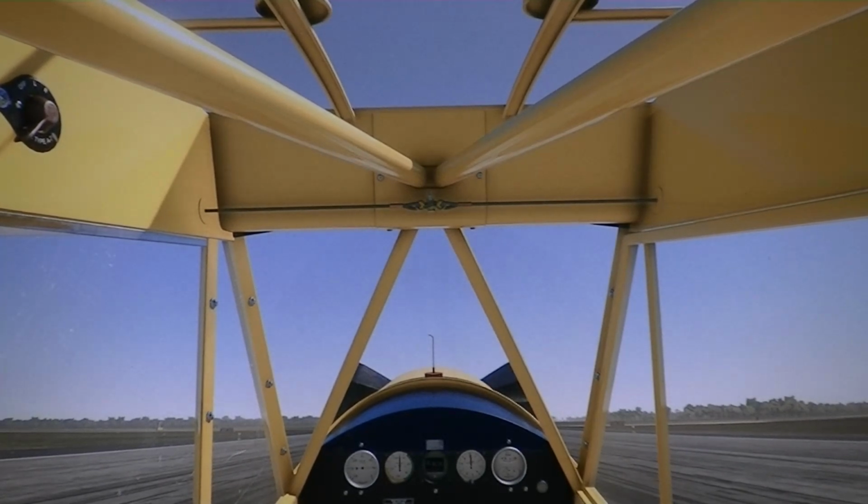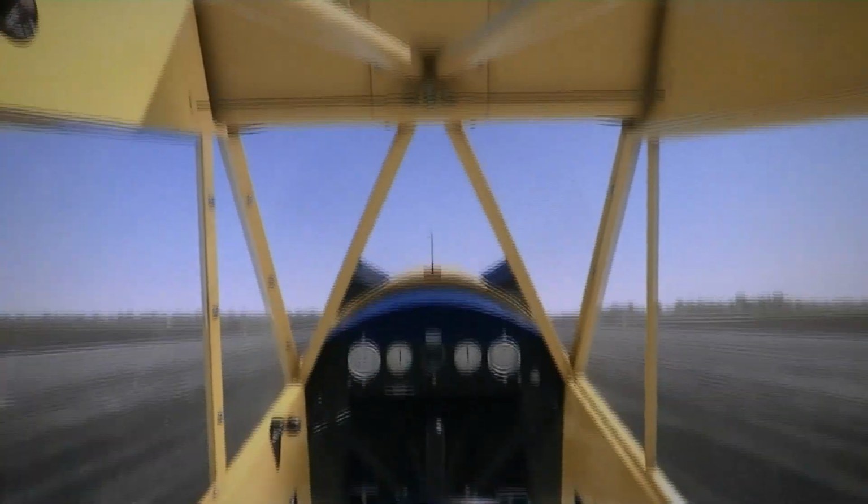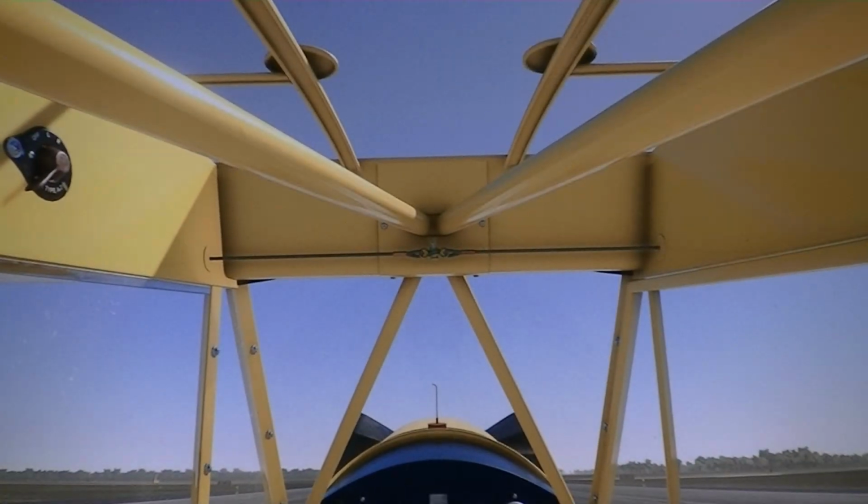I do have Maggie on board with us here. She's sitting in the front seat, actually just out of view. You can't quite see her down there. We are at Charlottetown Airport in Prince Edward Island today. The code here is Charlie Yankee, Yankee Golf. We're sitting on runway 10 in a Piper Cub